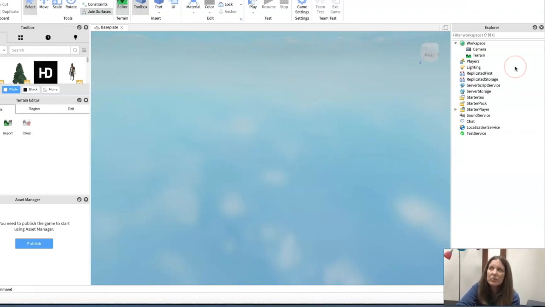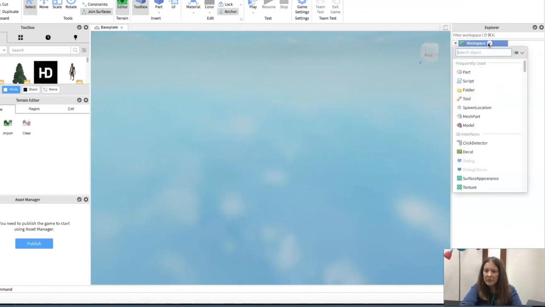So some of you who play video games probably know the term spawn location or spawning. Your player spawns. We are going to create what's called a spawn location. It is where the player starts each time they start in the game. So to do that, we are going to go to